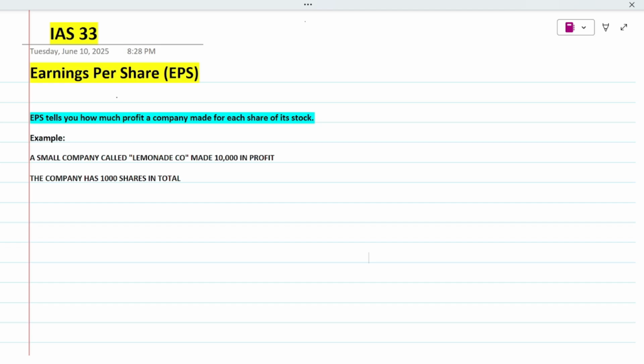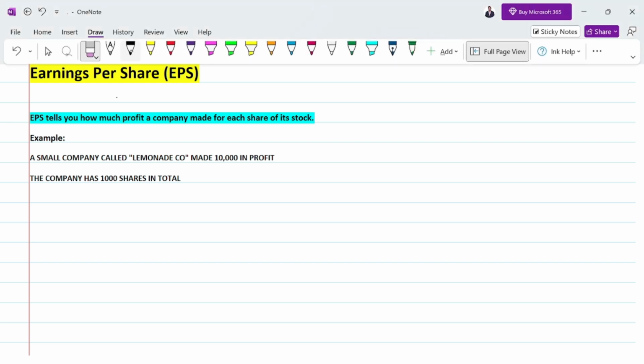So first of all, what is EPS? EPS basically tells you how much profit a company made for each share of a stock. Now let's take an example and try to understand what EPS basically tells us. So we already know that EPS is a ratio, but what does it tell us? We learned that it tells us how much profit a company made for each share of a stock. But let's try to understand this even more, that how can this be helpful for us as